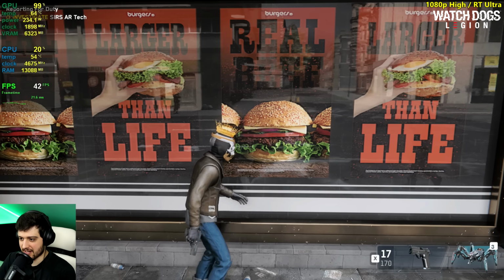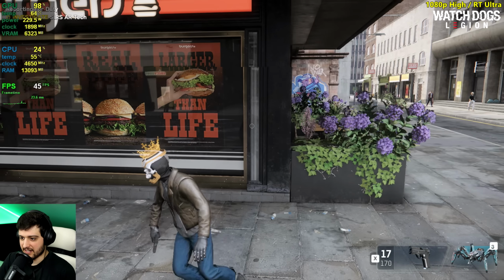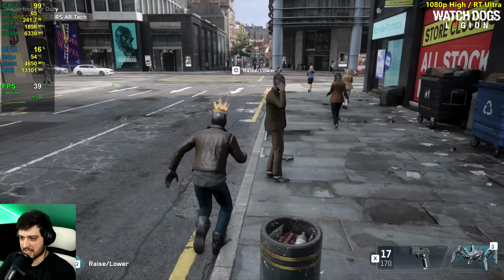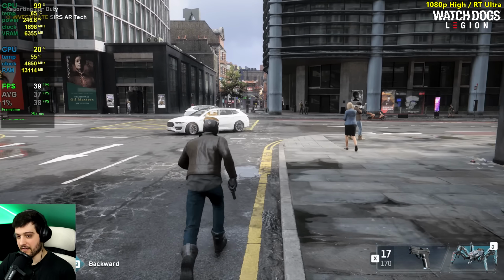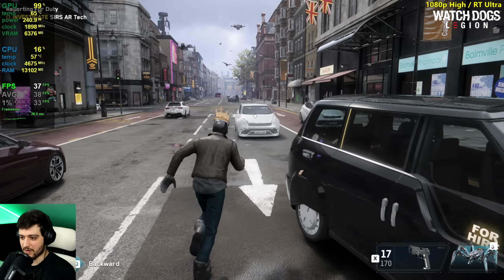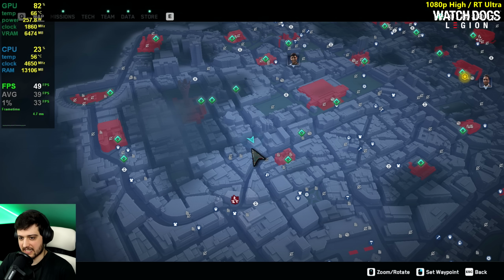Can we see ourselves in the mirror? Yes, we can. It's not a mirror, it's just a glass window. But yeah, look at that, guys. We can see all of those beautiful reflections, and it's still very, very playable at around 40 frames per second most of the time. Now, I want to go to another area, though, and that is...